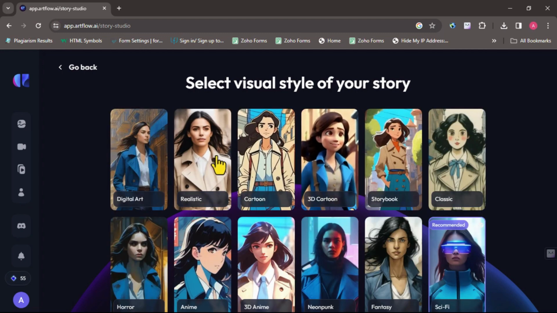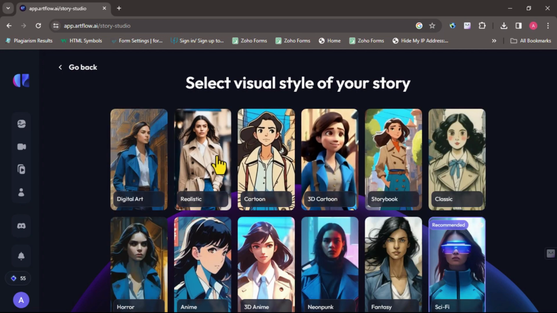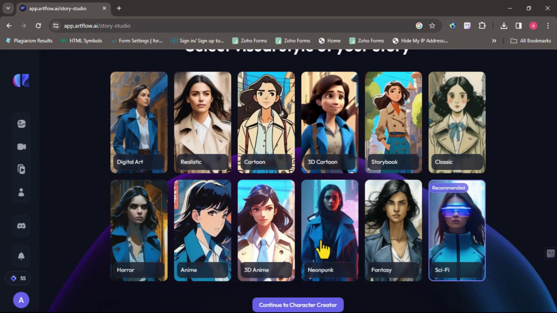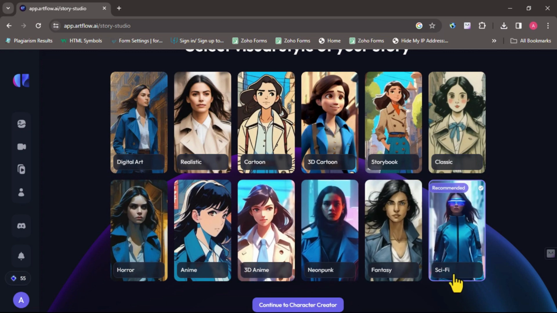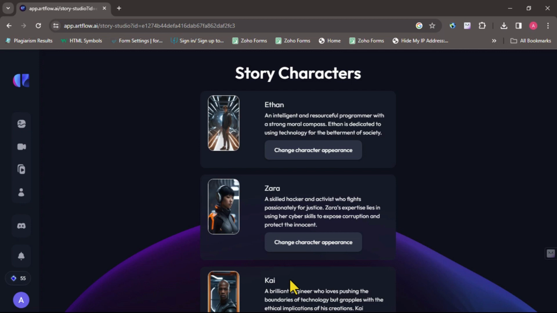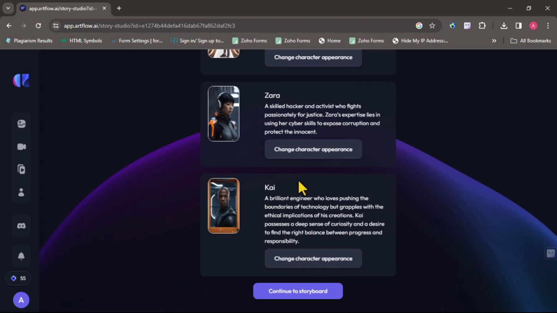Then you can also choose the visual style for your story from their prompt here. I'm going to go with the scientific fiction. Now, as you can see, it has given us the different characters in this story and also the prompt they are going to be saying. You can edit any of these by selecting change character appearance and select a new character for your story. Once you are done making changes, proceed by